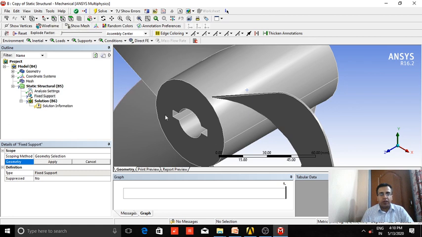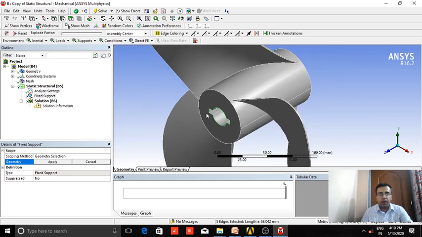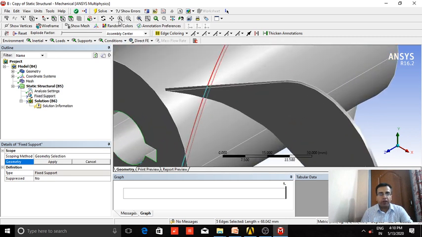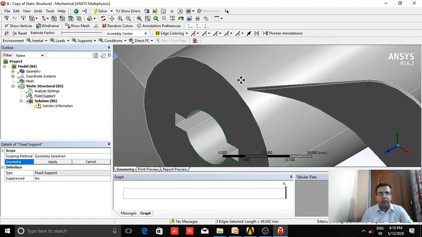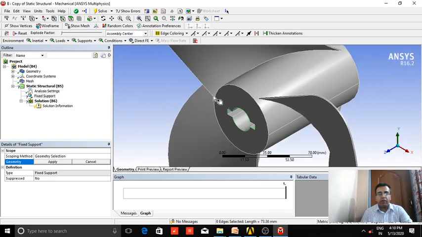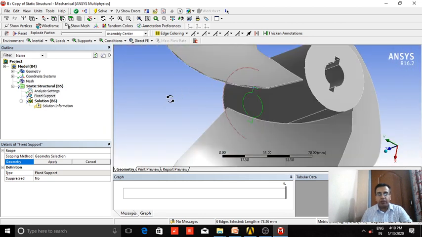These are the selection filters, and now I will select the edges one by one to include them for the boundary condition. The purpose of creating these kinds of boundary conditions is to remove unwanted degrees of freedom in the final solving model, and to perform the analysis with the right and valid conditions.